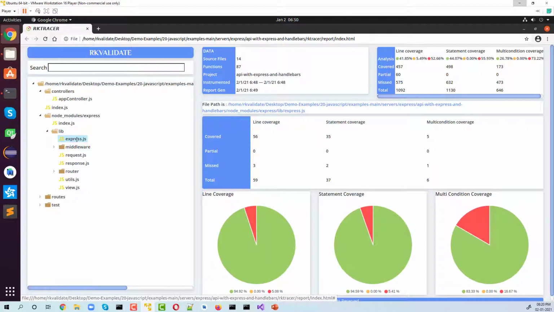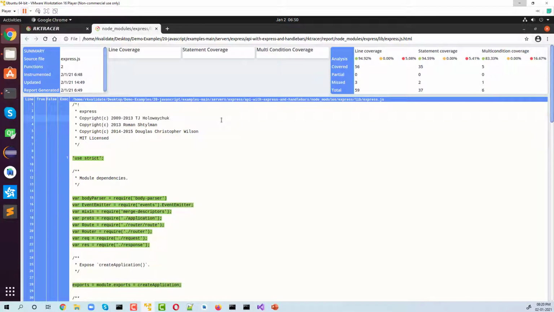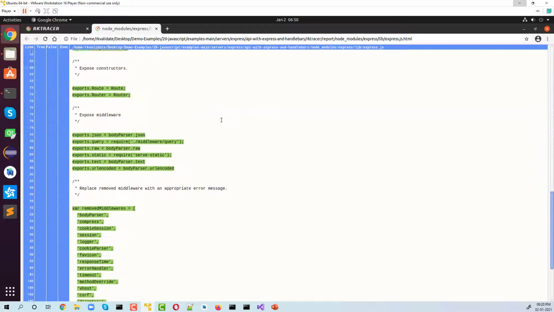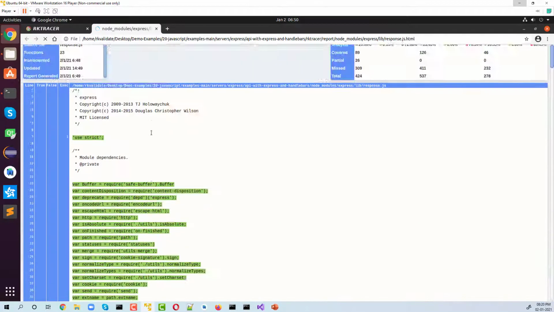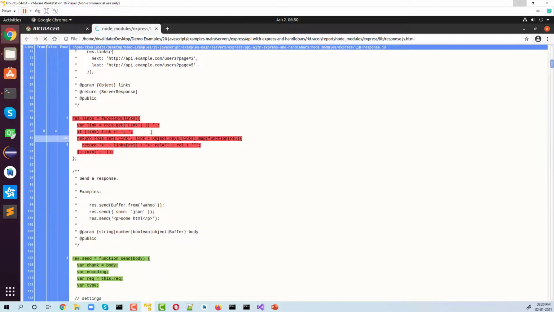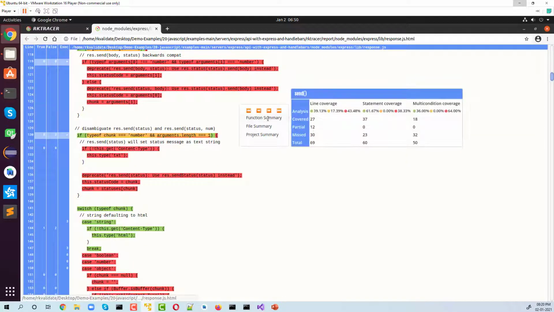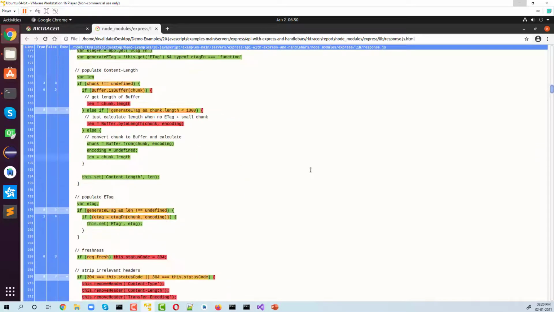For example, if I go to this, you can double click on this, it will take you to the source file here, and you should be able to see the code coverage. And I can go for this one or this. Just double click it and it will take you to the source file, and you can go ahead and check the code coverage. And in case you need the function, just go ahead and check the function summary here. It's a very big function.